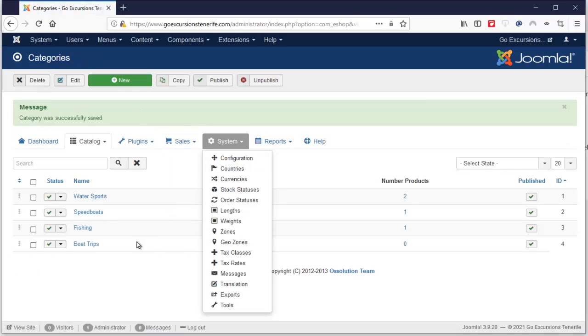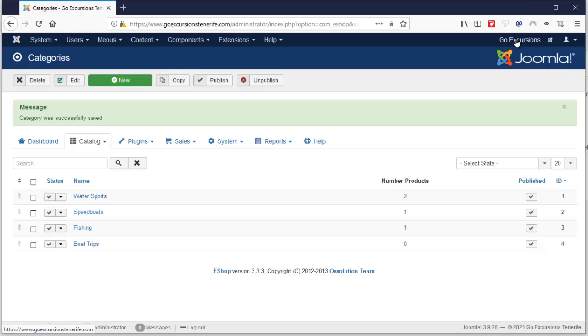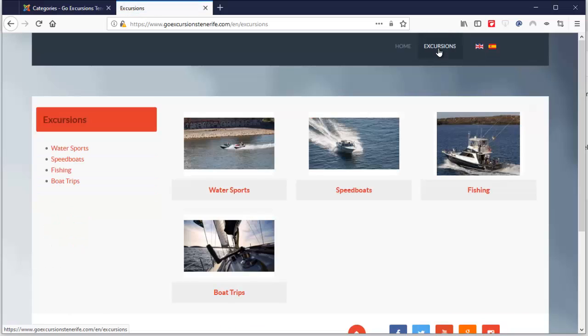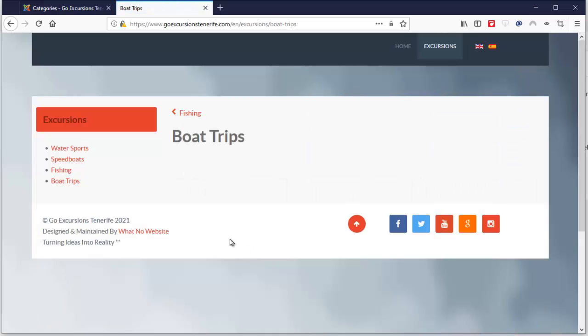So I'm just going to show you what that looks like now in the front end. So if we go to the website and we go to excursions, and you'll see boat trips is there, and if we switch into Spanish, we can see it's automatically picked up that translation that we provided. However, if we go into the category, there are no boat trips, so we're just going to add one now. We'll just go back to the website